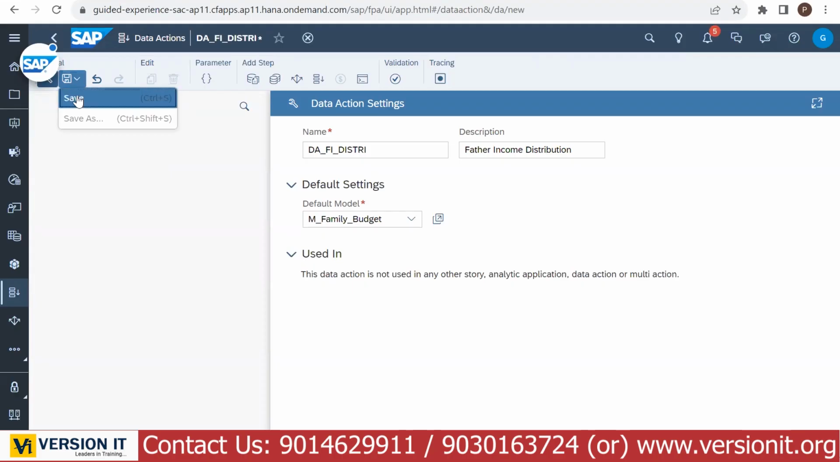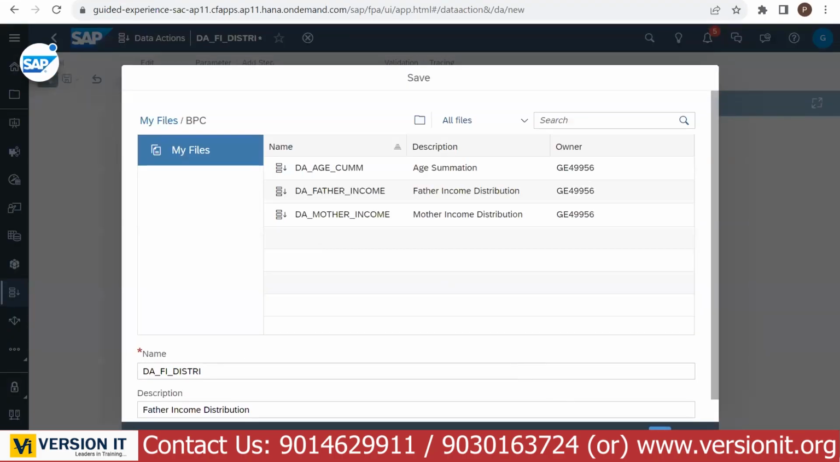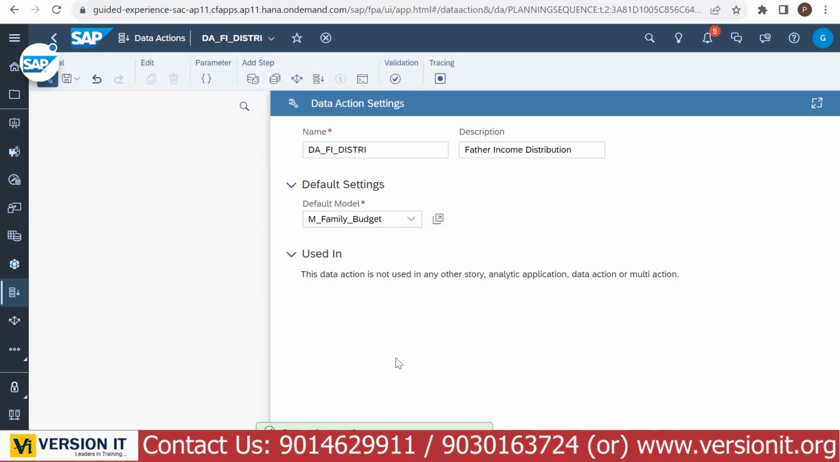So save this one inside your folder. Right. So whenever you are in this one, so